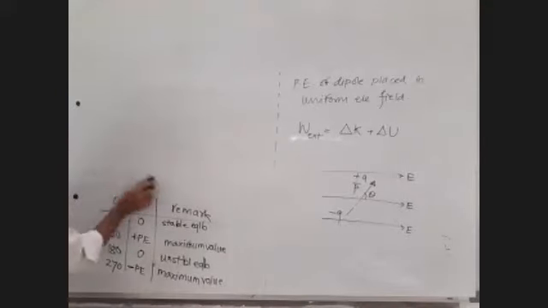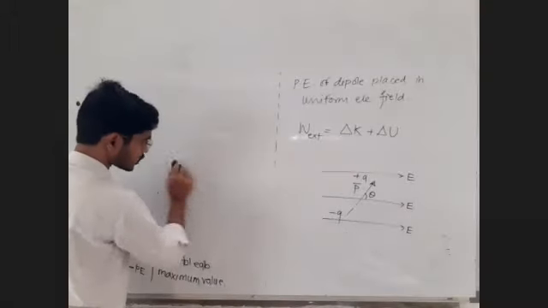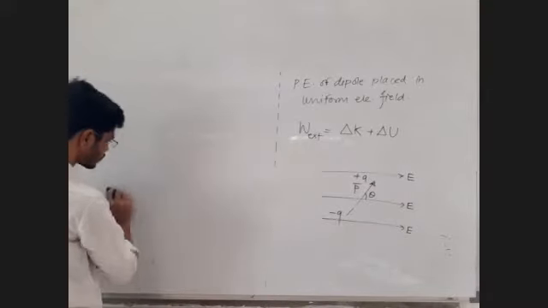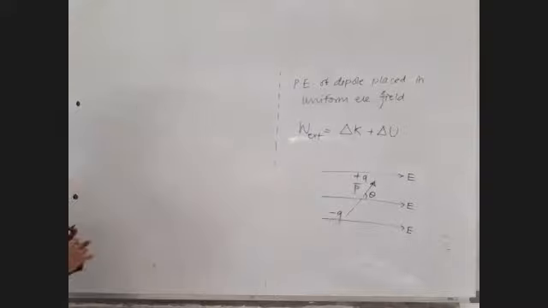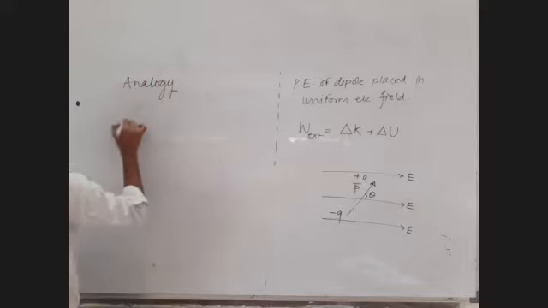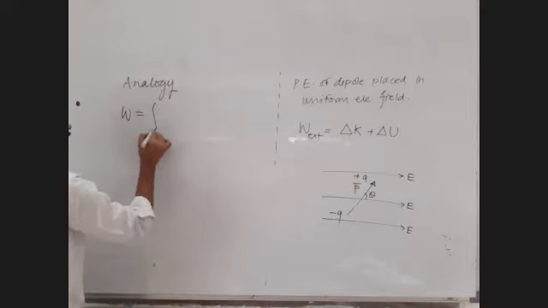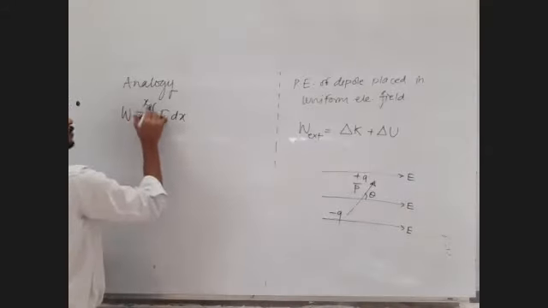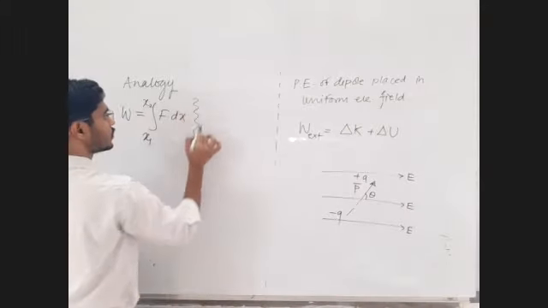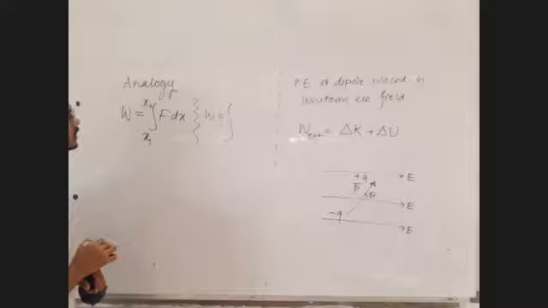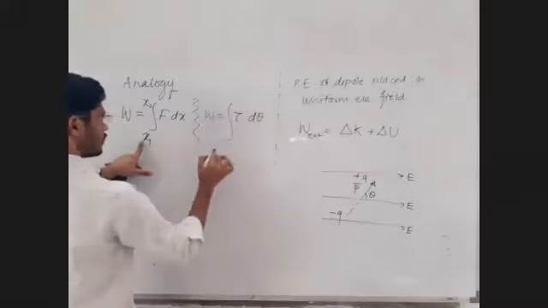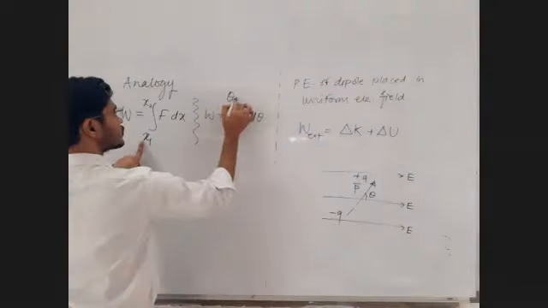In the linear situation, the work is found by force into distance, F into dx, integration F into dx. So force analogy is torque, dx analogy is d theta. So write down. Analogy for work done. It is integration F into dx for the variable force for initial position x1 to final position x2. Similarly, in the angular, the value of work done is equal to integration. For the force, analogy is torque. For the linear displacement, you have analogy angular displacement. For initial position theta 1, for final position theta 2.